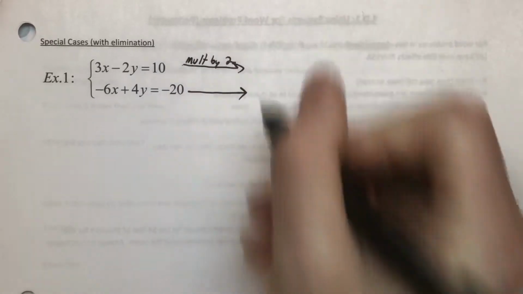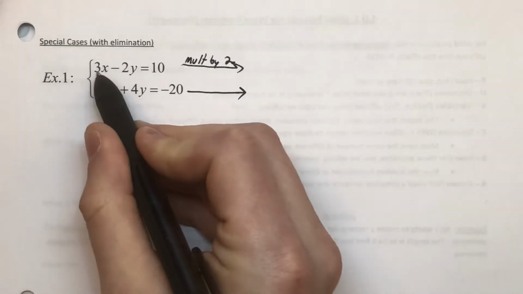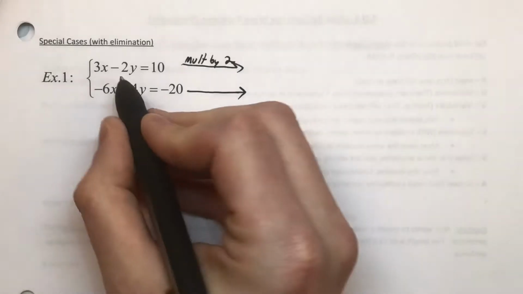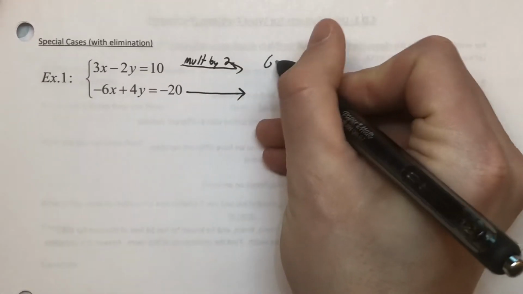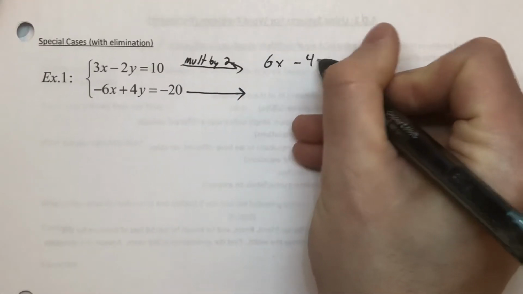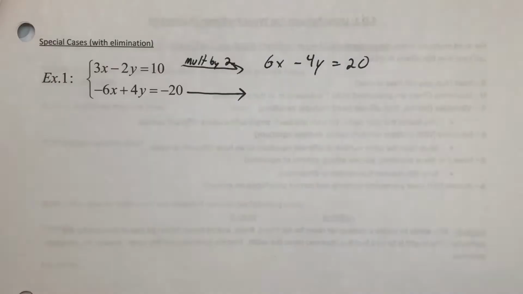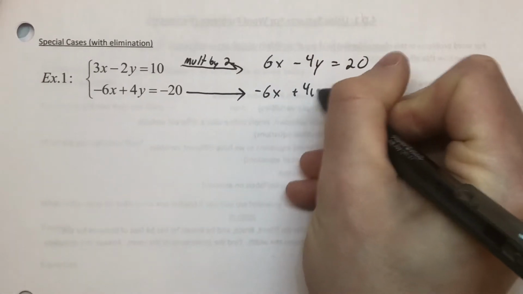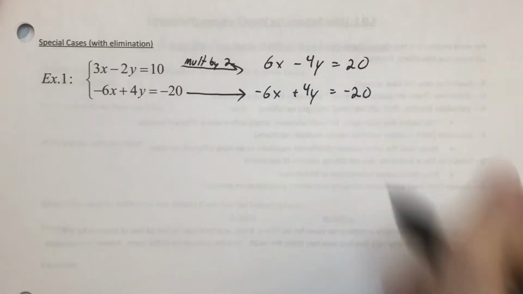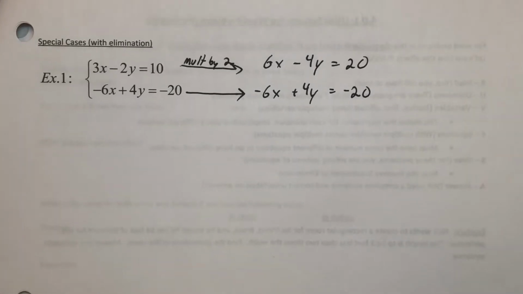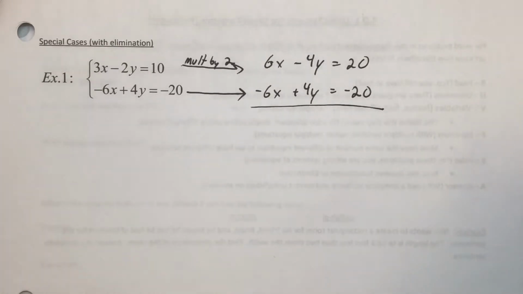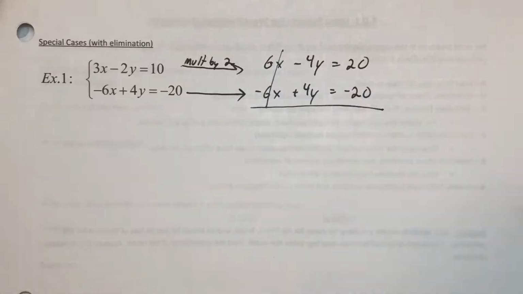We multiply this top equation by a 2. This will be a 6x. This we will keep the same as a negative 6x, and we'll be good to go. But as we do that, we get a 6x and a minus 4y equals 20, leaving the second equation unchanged. Gives us that. And then as we go to take the elimination or the addition step, notice that these cancel